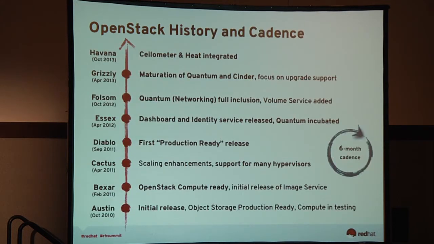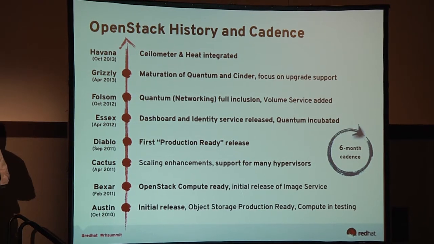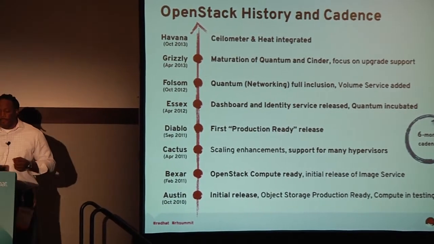Okay, so a little bit about the history of OpenStack, and I won't spend too much time here because I get a sense that you guys want to get more into the technical side of it. The takeaway here is that in the beginning, there was Rackspace and NASA. Rackspace had a fairly mature object storage service. NASA had a fairly mature compute service. They came together and decided to create OpenStack.